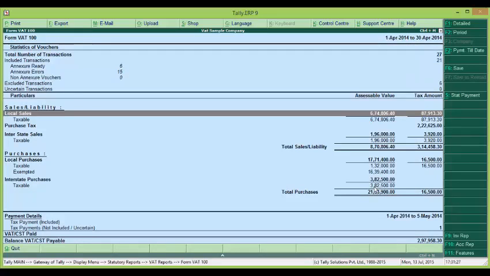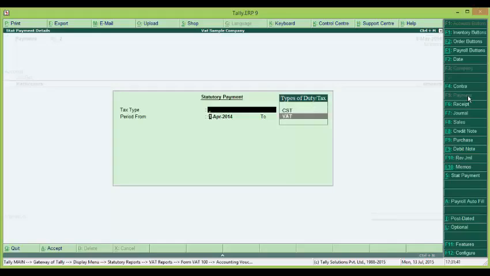Now I have to make the stat payment. You can see that it is giving us the details of whether VAT is payable or refundable. I click on stat payment, VAT.